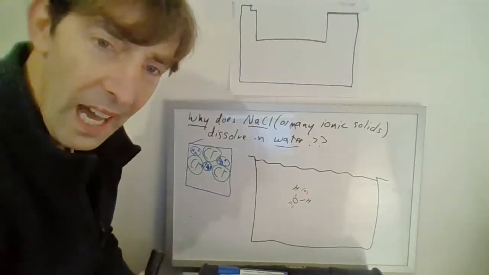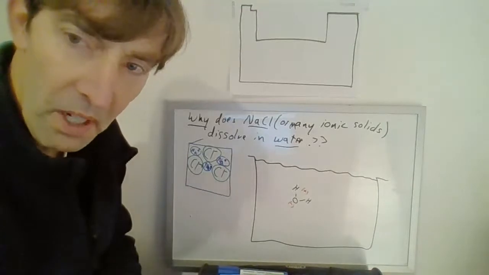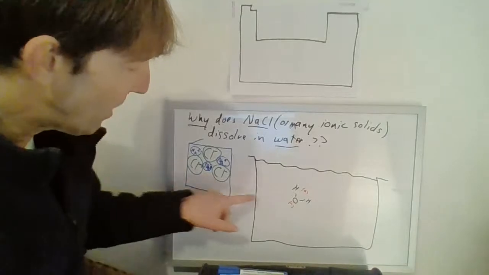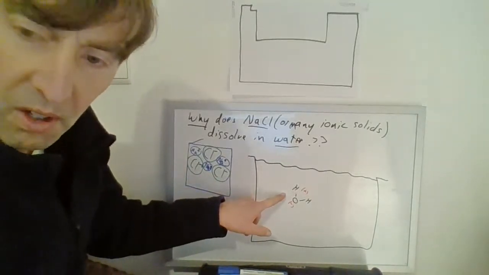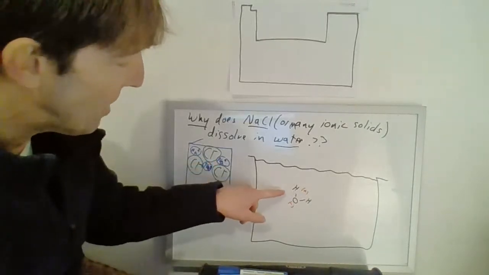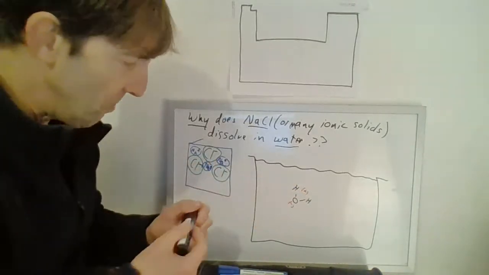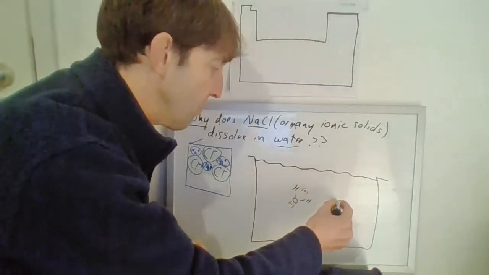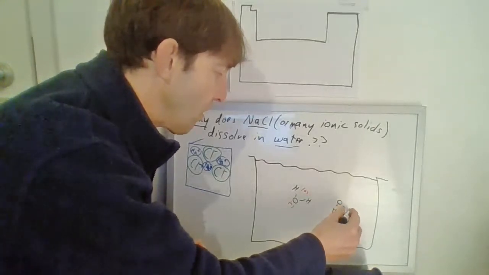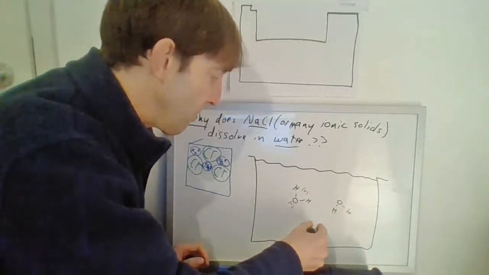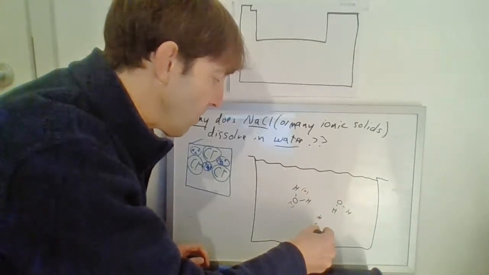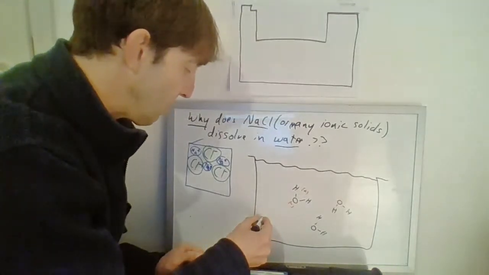Good. All right, so now see if you're ready to type me a little answer, everybody. Why does this break up in water? What happens to the Na pluses and Cl minuses when they get in here? I'm going to draw another water over here too. I'll draw a bunch more.